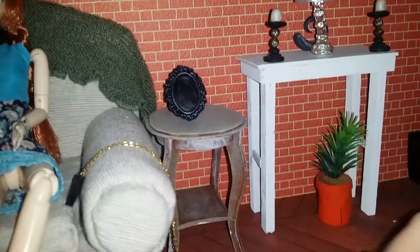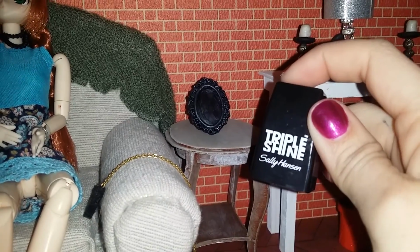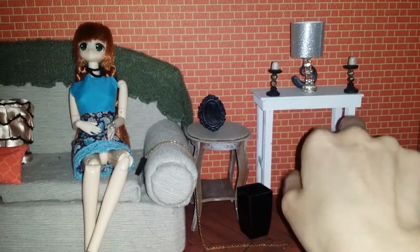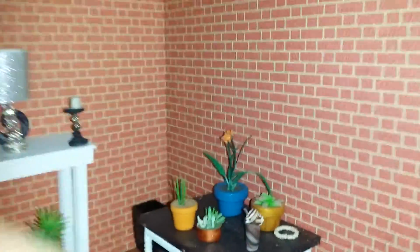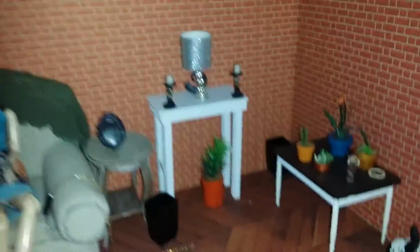These pots that I have in the corner, they have no plants in them yet. They're lids off nail polish, because all lids make for good pots for doll size things. Little table that I made, and a lamp and candle stands. Another plant. More jewellery just laying on the ground. And the brick paper is for 1/12 scale dollhouses, but I figured I would use it for the inside just because it is textured. It just adds a little something different. Another table with more plants that I've made. And the bathroom,